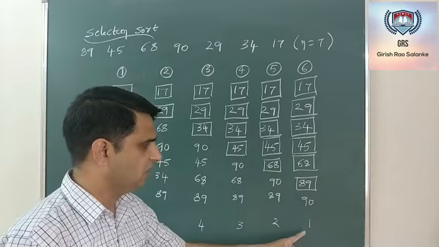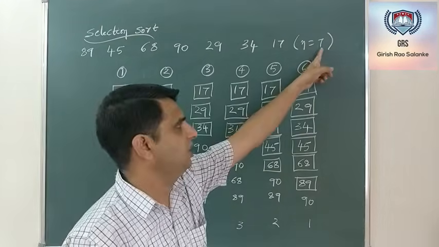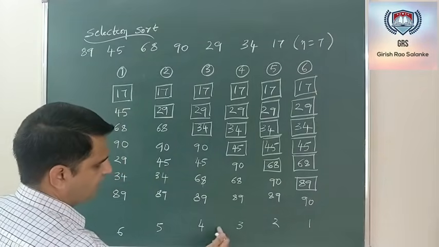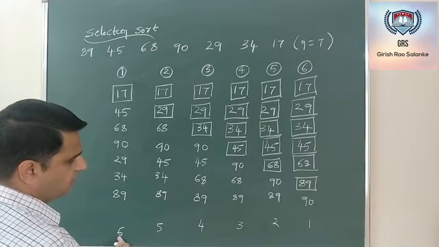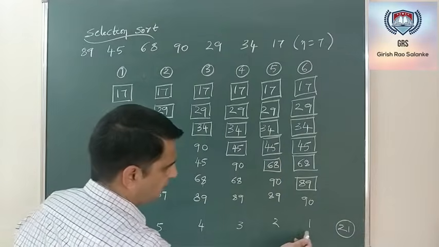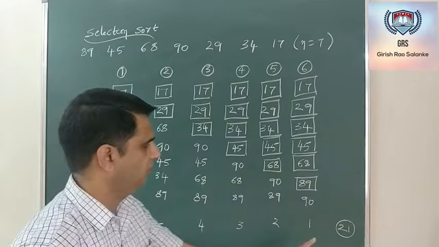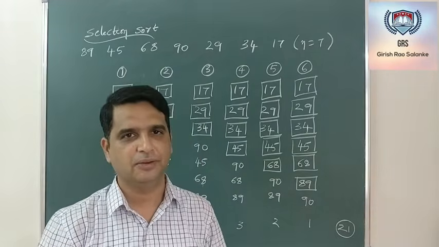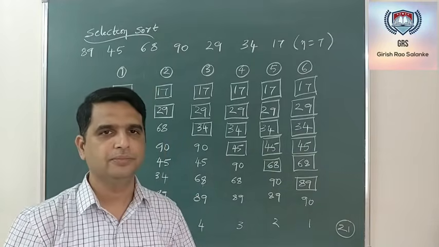Even in this case, please note how many comparisons we have done. For the number of elements n equal to 7, how many comparisons have I done? 1 plus 3, 3, 6, 10, 10 plus 5, 15, 15 plus 6, 21. The total number of comparisons that we have done is 21. Let me check once again: 3, 6, 10, 15 and 21. Please note this number 21. It will be useful while explaining the time complexity of selection sort. Hope this is clear. Let's go for the algorithm.